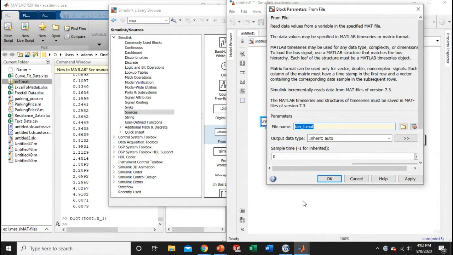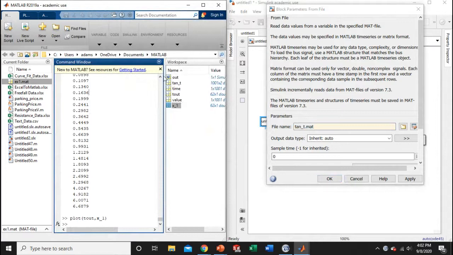I don't think I've really shown you how to save mat files, but you probably have run across it at this point if you've tried to save in the command window or something. A mat file is effectively just saving the MATLAB workspace to a file, and that way you can import it later. The way to do that is you can use the save command and then give it a file name. So in this case, I'm going to save